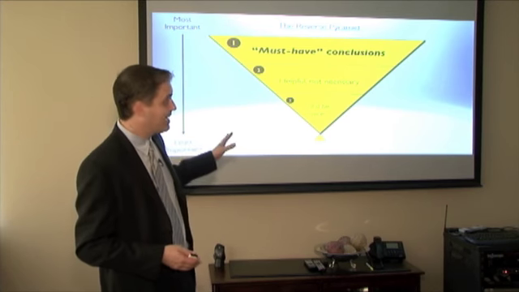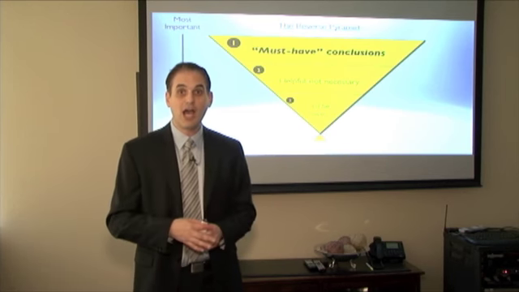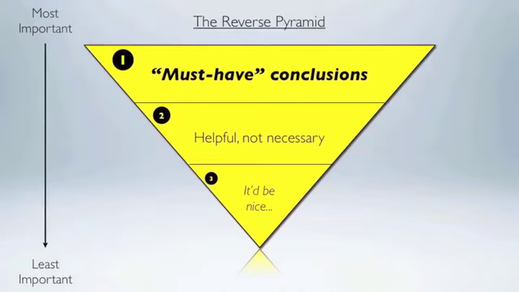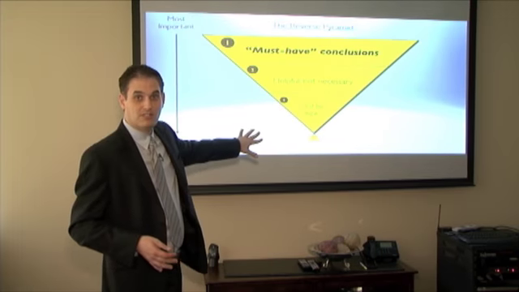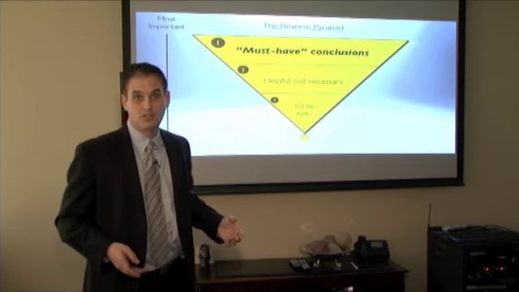So you'll notice that in each of these rules, when I go through each one of them, I start with a title. What's the one thing I want you to take away from this part? Reverse pyramid. Okay? Then, what was helpful, not necessary? Most important, least important. Then finally, it'd be nice if you remember this stuff, but you probably won't, what the 3 stages are and what their titles are. So hopefully